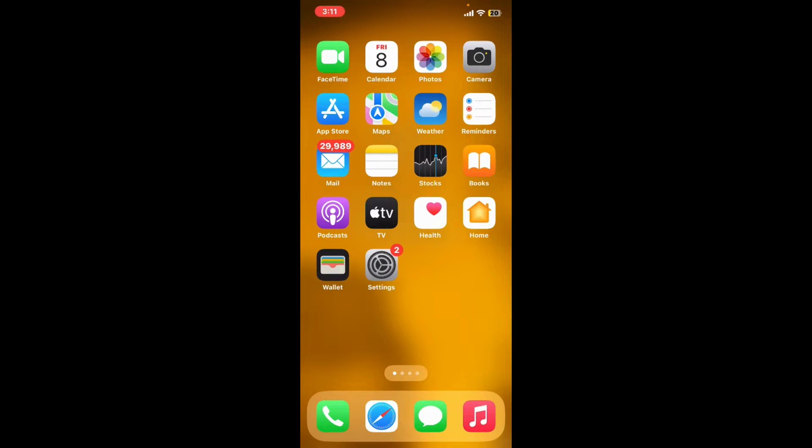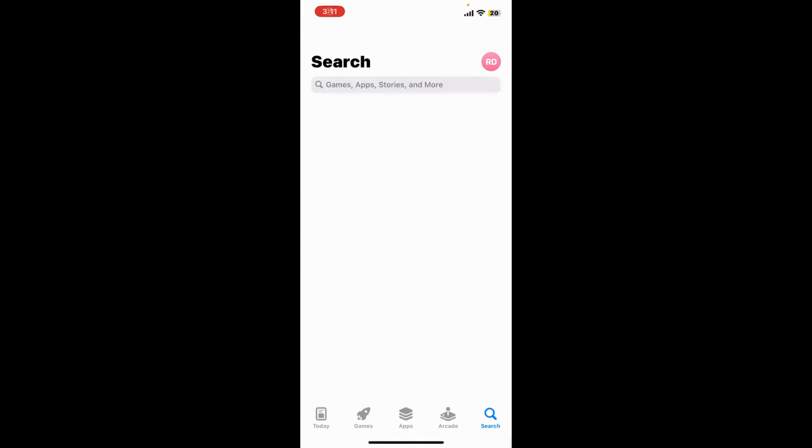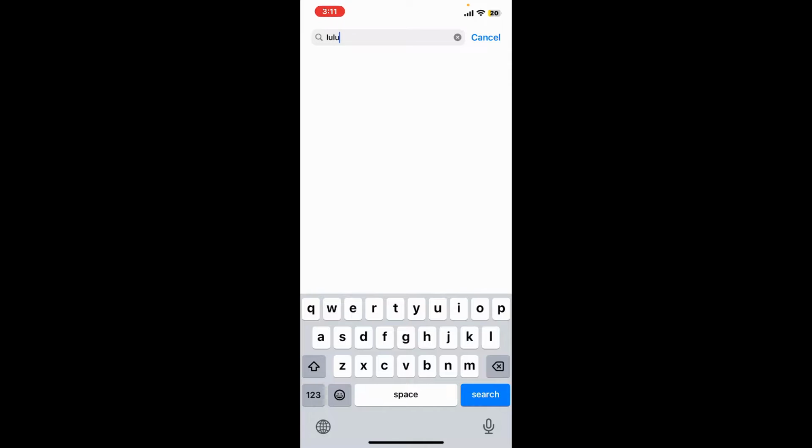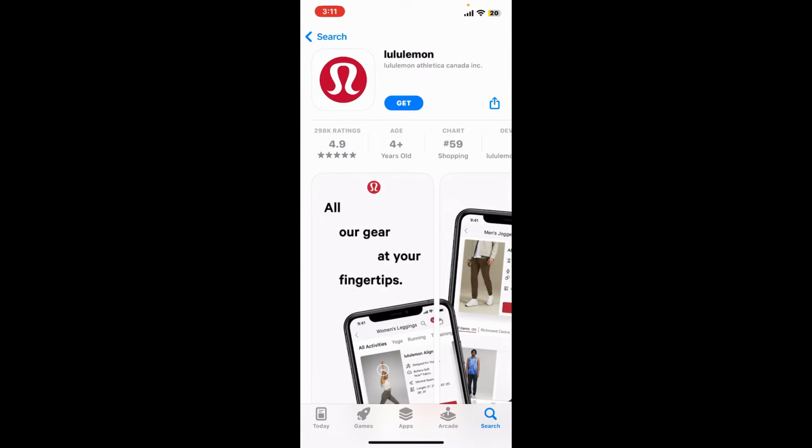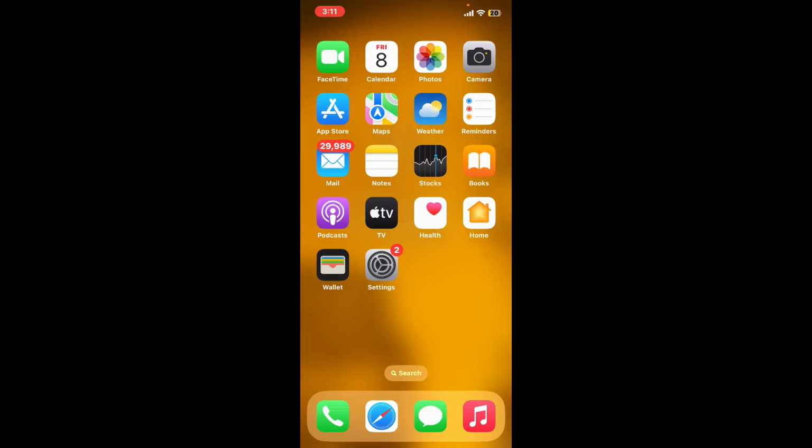First of all, open your App Store and in the search box type in Lululemon and search. Look for this application and tap on the Get button to begin downloading the application. Wait until the application is downloaded and installed on your device and you can go ahead and launch it open